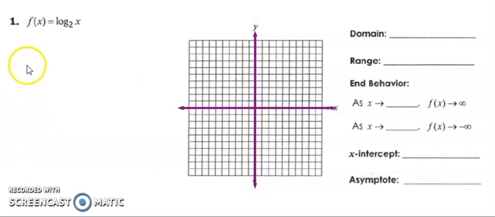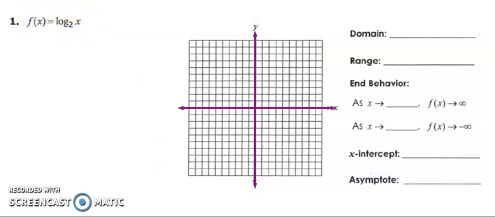Alright, so we're going to go ahead and take a look at an example that's in your notes. This happens to be question number 1 here. So we're going to go ahead and graph the log base 2 of x. Now, as I mentioned in the last video, a log is simply the inverse of an exponential. So what I want to do is take a look at not this, but the exponential of